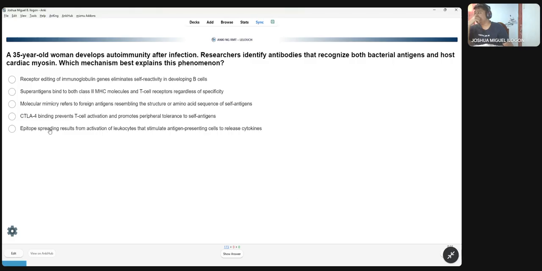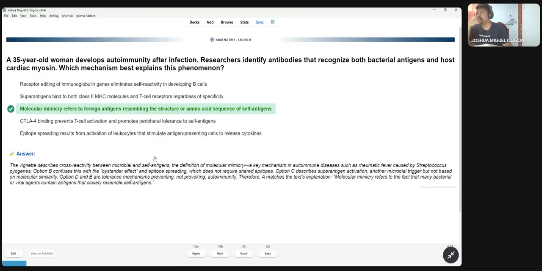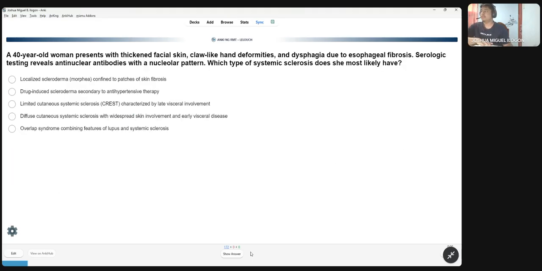I want to go for epitope spreading, but I want to go with molecular mimicry for this one. Cross reactivity. Streptococcus pyogenes. Alright. A 40-year-old woman presents with thickened facial skin, claw-like hand deformities, and dysphagia due to esophageal fibrosis. Serologic testing reveals